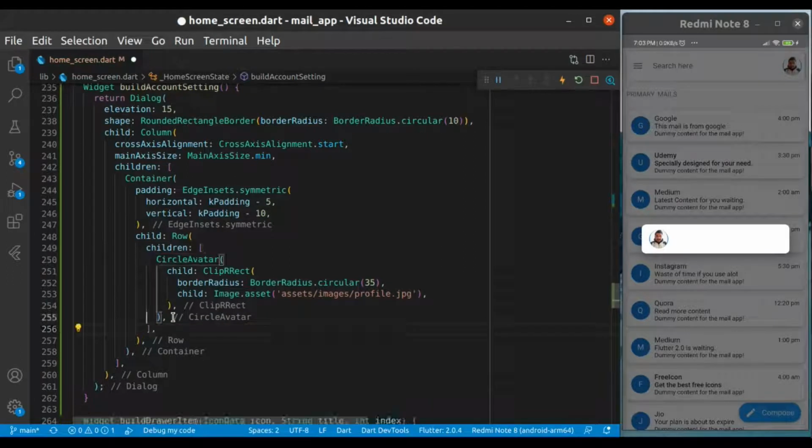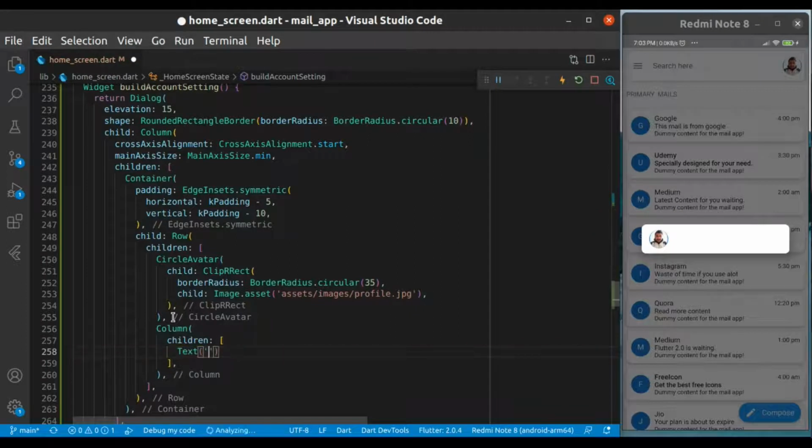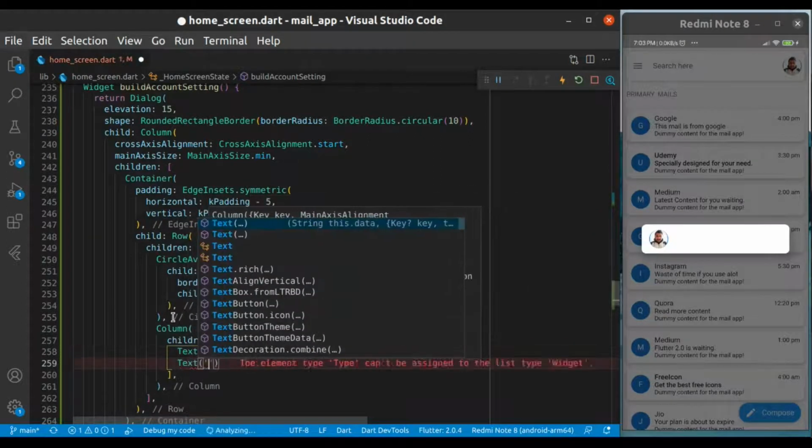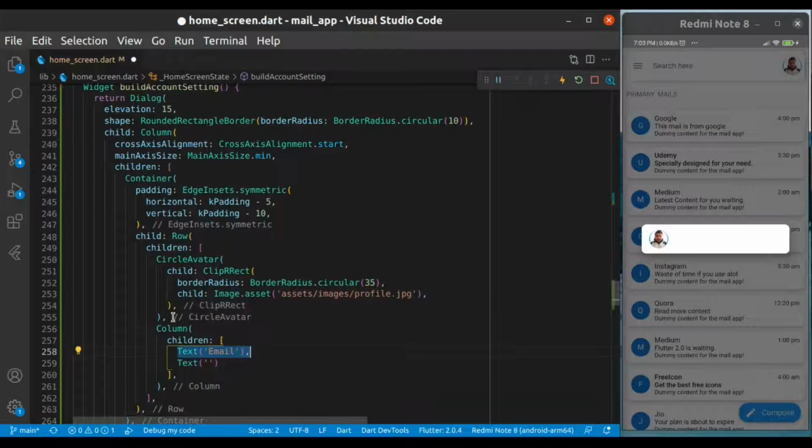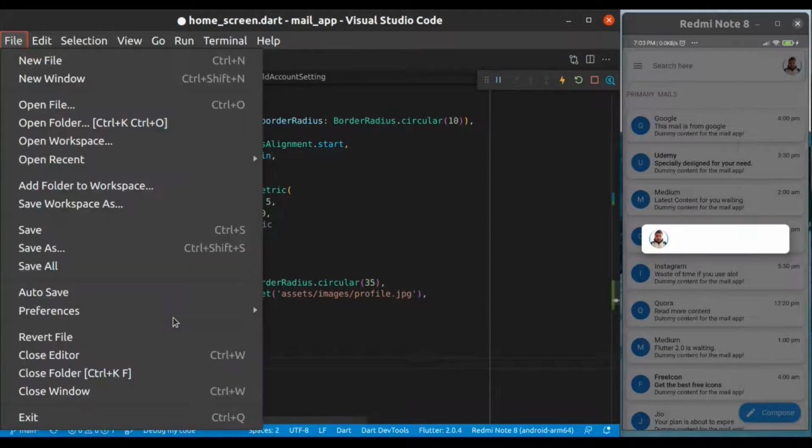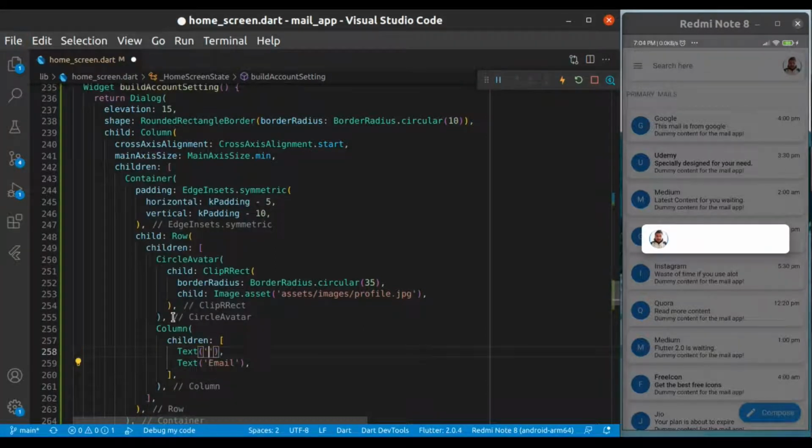In the column tag, because we wanna place them on top of one another, that's why we are using column. Align it to the start, we will do that later.